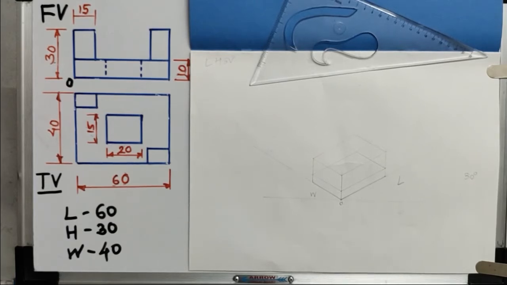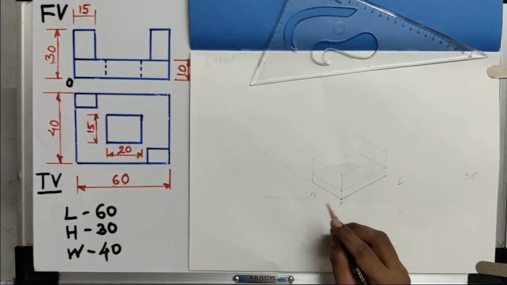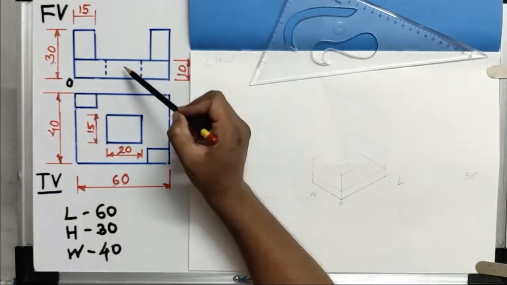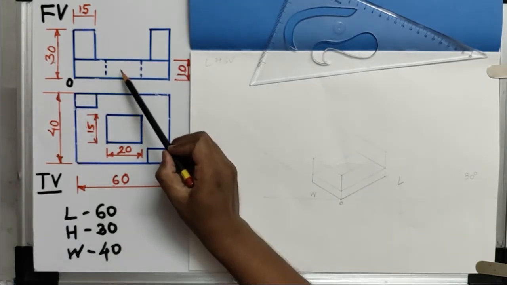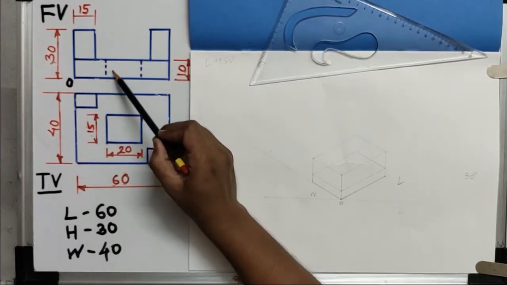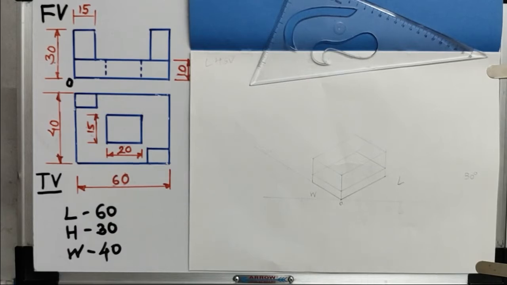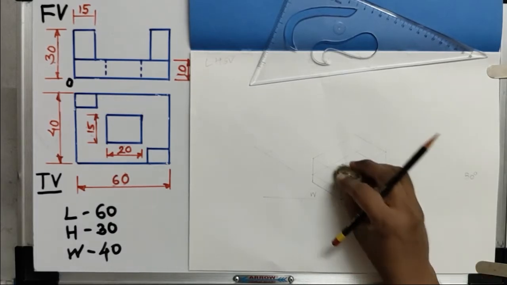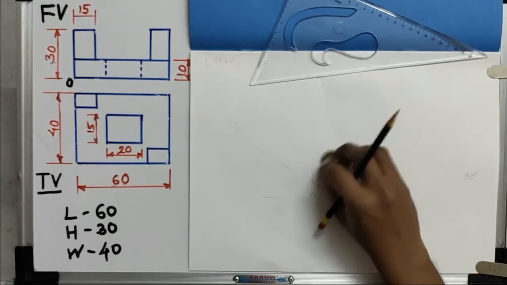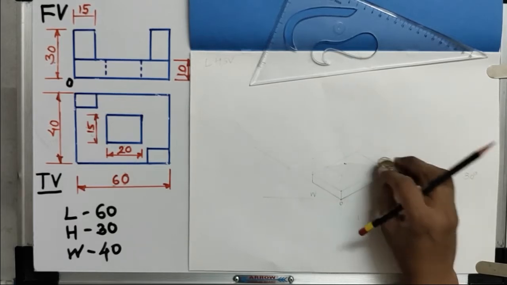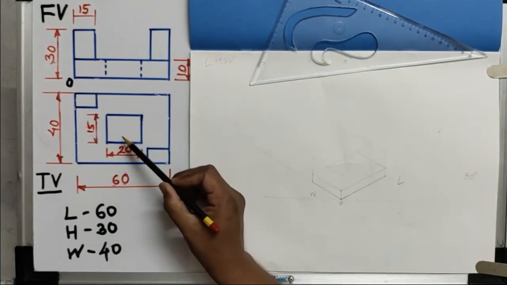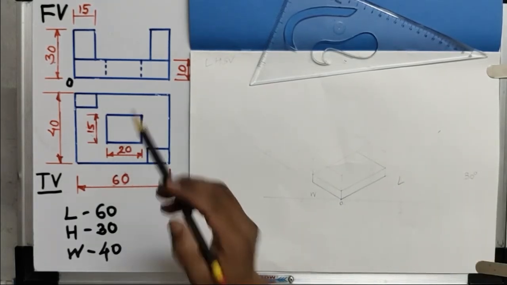Okay, and then after representing that, the next step is to proceed one by one. Either we can start with these two more rectangles on the upper side, or we can represent the middle rectangular hole, because it is showing the dotted line in the front view. So now the next step is we have to decide the position of the rectangular portion which is on the middle side. Just for better understanding I am erasing this upper portion. So now the next step is to locate the exact position of this rectangular portion or rectangular slot.